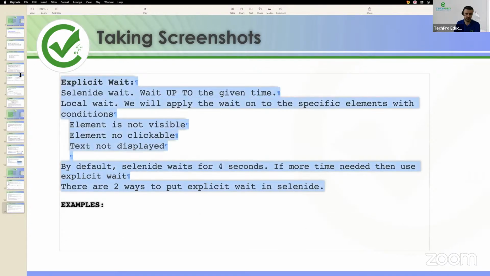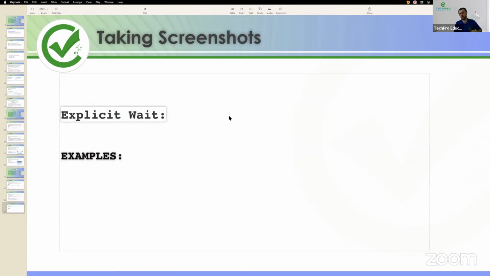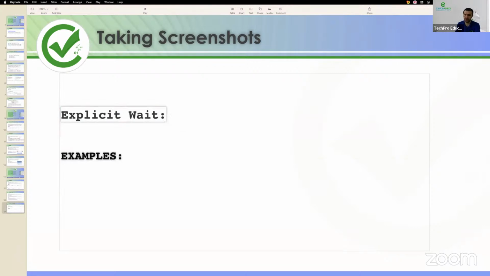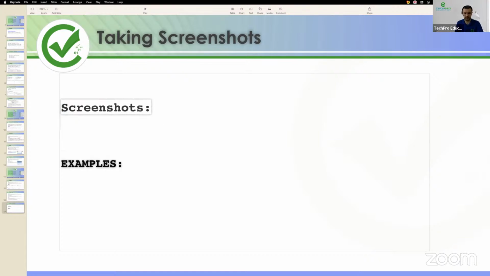So guys, taking screenshots. We can take a screenshot in an automation script to prove that everything is working just fine. But let me add here screenshots. But in Selenide, there is already something going on. So far, we have been taking screenshots. You may not be aware of it, but by default,